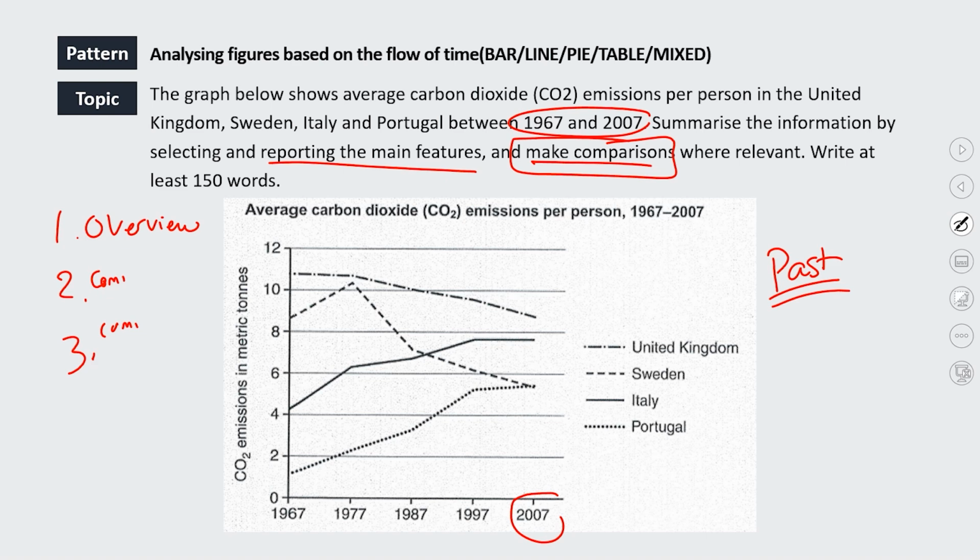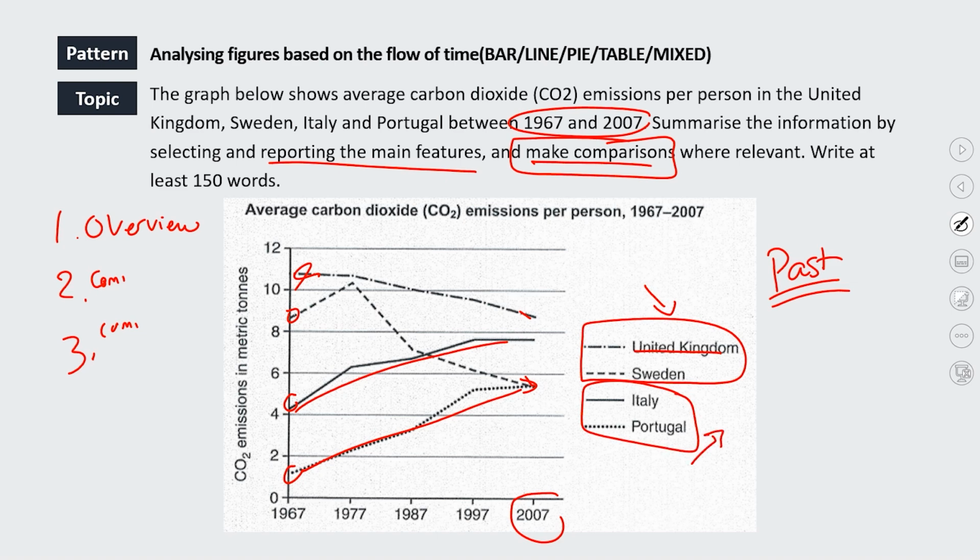So when I'm looking at this data, the first thing I'm seeing is that we've got 2 countries that increased and 2 countries that decreased, okay? So the United Kingdom and which other one? The United Kingdom and Sweden both decreased, okay? So I'm thinking first these 2 went down, Italy and Portugal went up. That's going to be my comparison, I think, looking at this data, because it's only one graph. So I think I'm going to do my paragraph 1, my detail point. I'm going to be comparing the UK and Sweden,